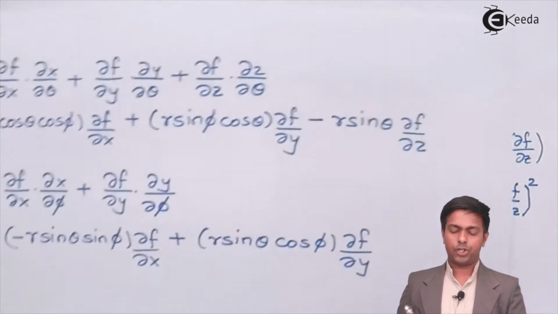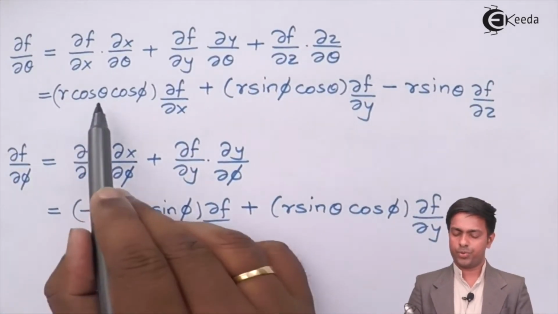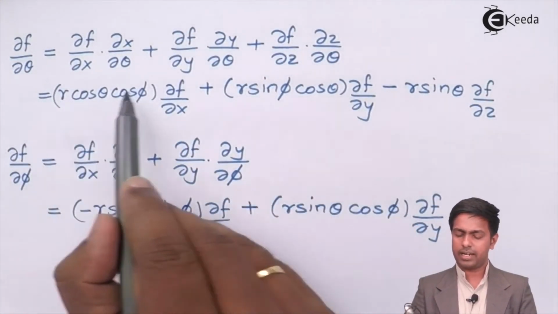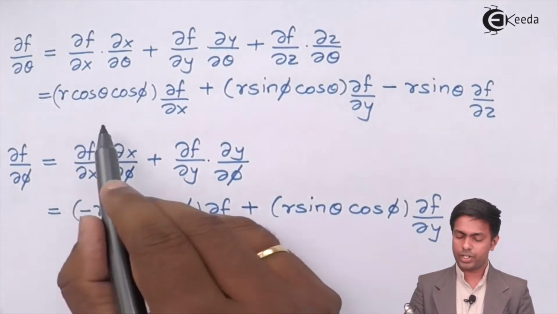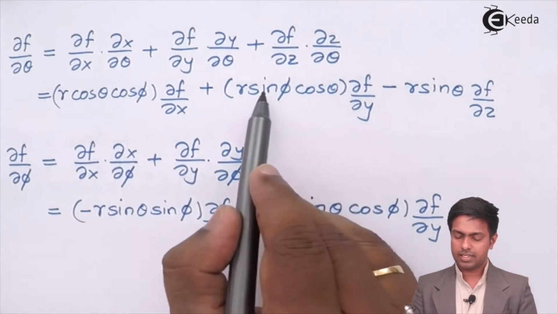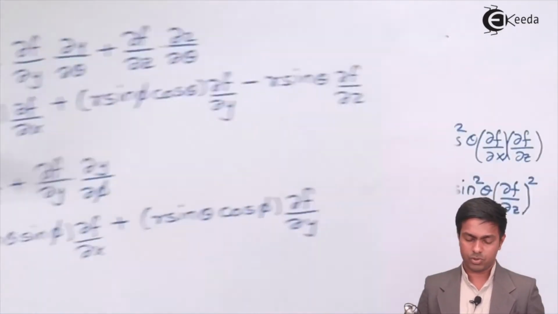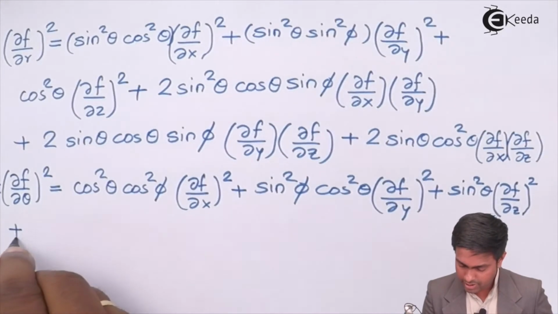Next, we'll have 2ab. So 2 into this into this. If I multiply this, r and r will become r square. Again, it will be cancelled with the r square which is outside. So we'll get 2 times cos square theta sin phi cos phi into these 2 terms. So here I'll write plus 2 times